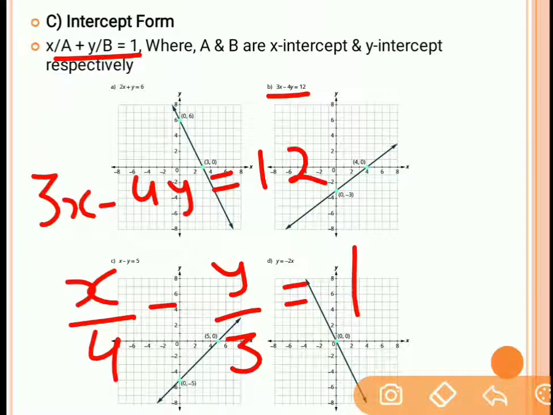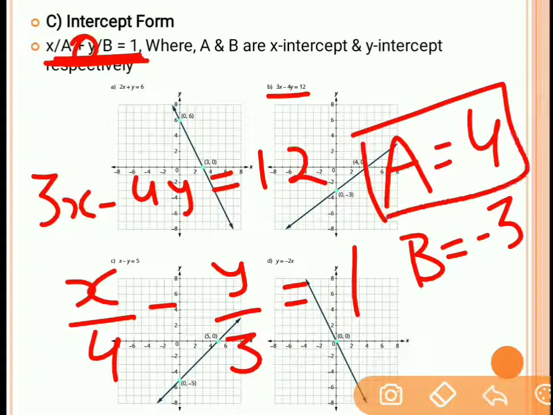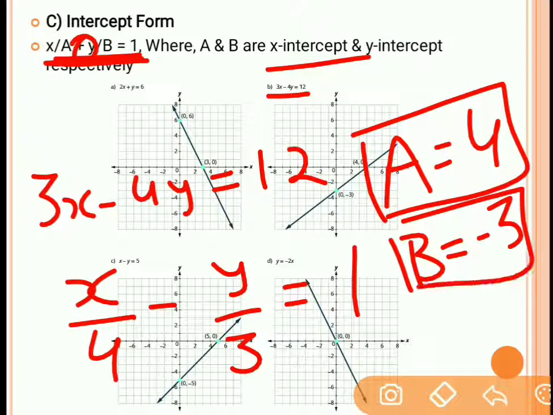Now in this case, to find the x and y intercepts, we have to use this intercept form. It means a = 4, and following this intercept form, b will be equal to -3. Understood? Because we have to follow the general rule. In the general rule it is a plus, so b should be -3. So a is 4, which is the x-intercept, and b is -3, which is the y-intercept.